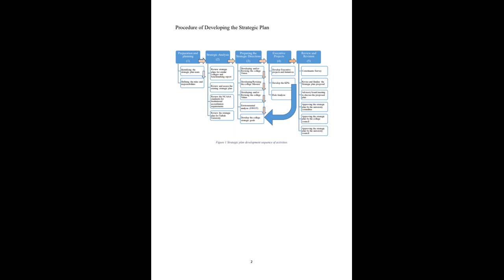Reviewing the existing one is needed because you need to know what objectives and goals were covered in the previous one. When we did this one here, there was another strategic plan, and usually you develop this plan for 5 years. So we went back to around 2012 to 2013, and we saw the document, we reviewed it, and then we moved from there. We review the standards of the NCAA. The NCAA is the National Committee for Accreditation,